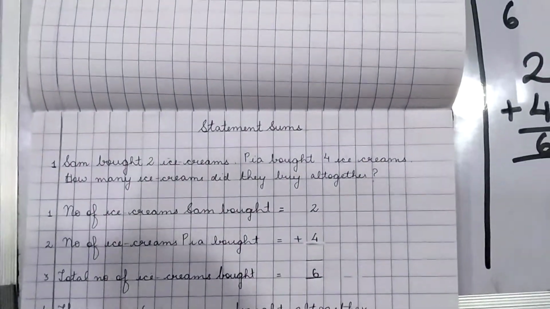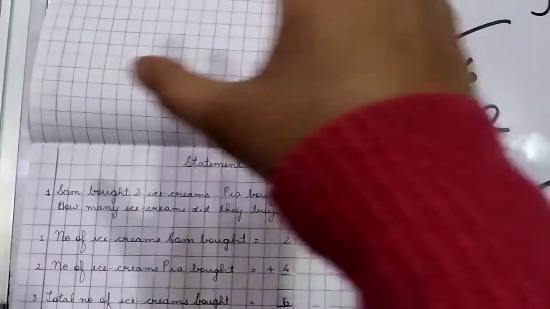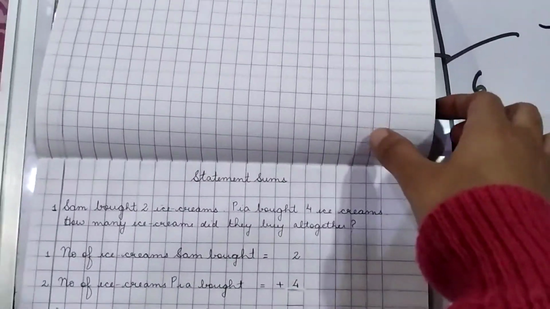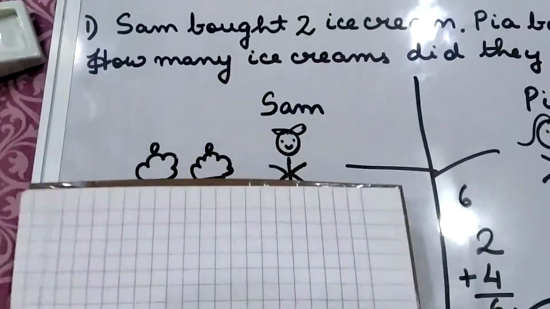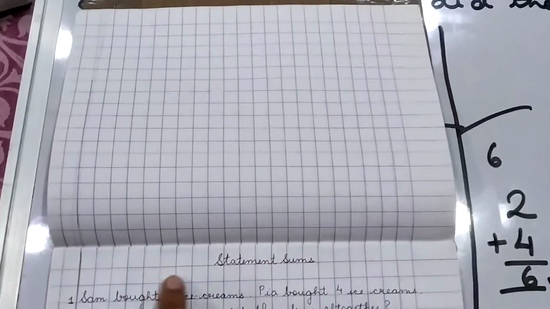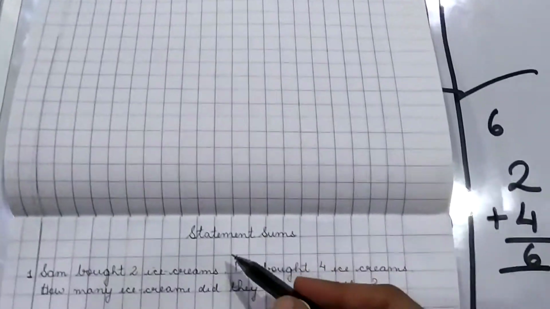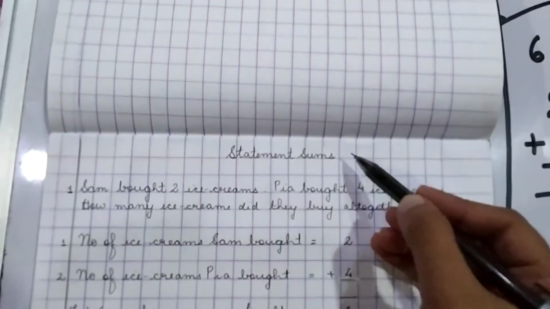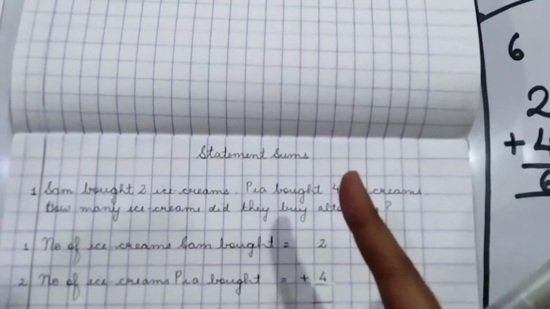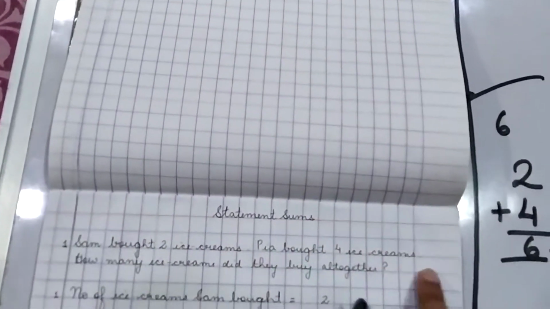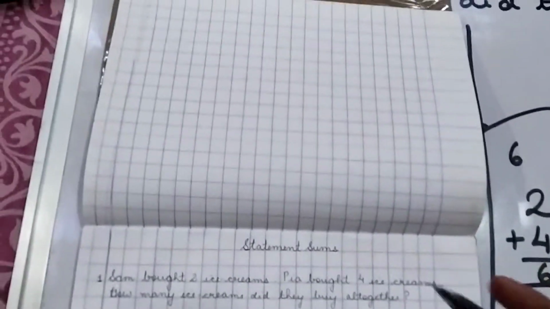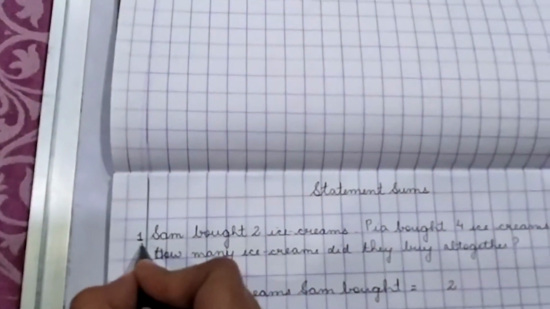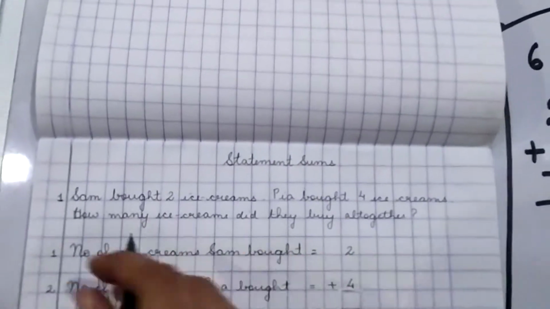So I have copied this statement only, the question that was given to you on the whiteboard. I have copied the same question. So after writing the heading, children, this is the heading that you have written, statement sums. After writing the heading, you will leave one line. You will leave one line. This line you are going to leave and write down number 1, question number 1, and write down the question